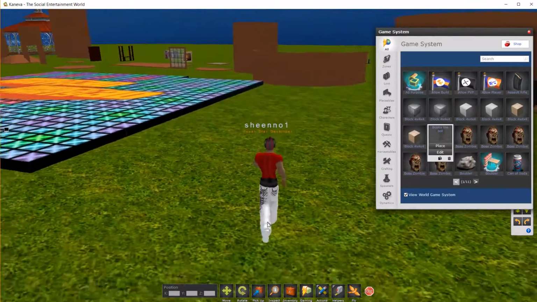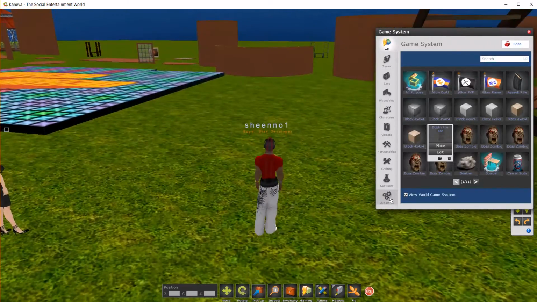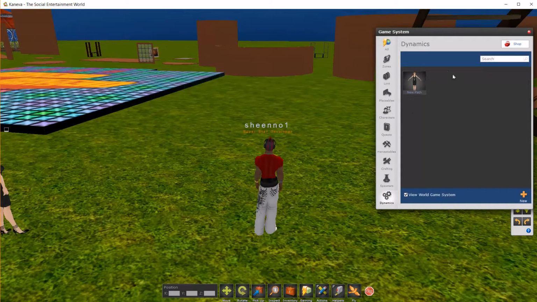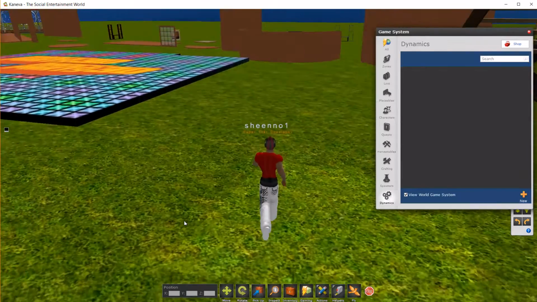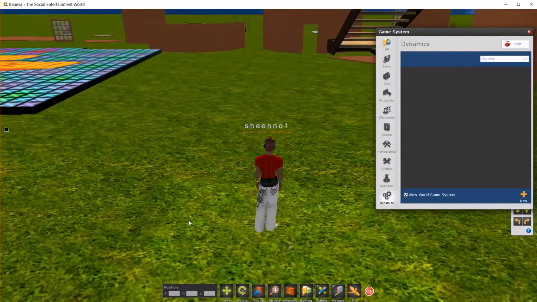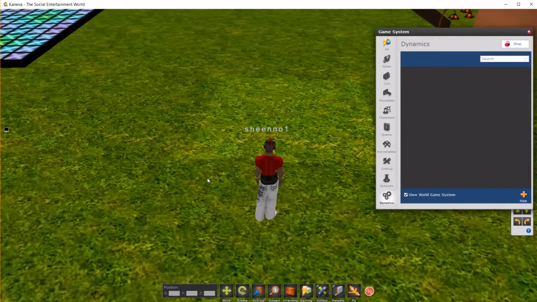I'm just here on preview, going to demonstrate some bugs I found with the new pathing system. So for now, I'm just going to delete that one and make a new one. Okay, so the first bug I have on my list is that you can't change the mesh to a new